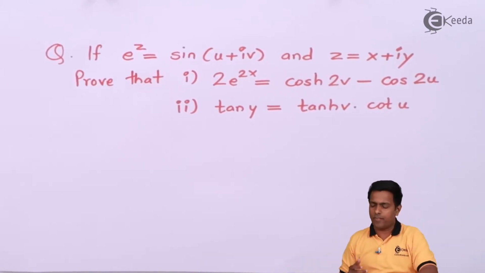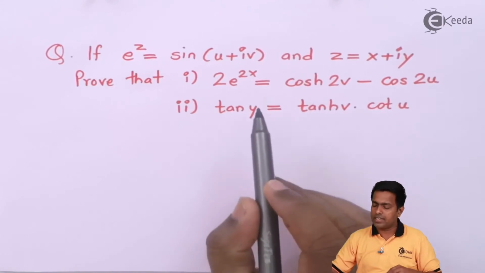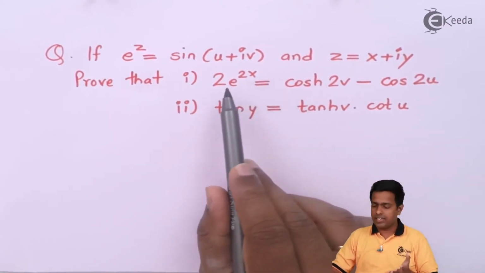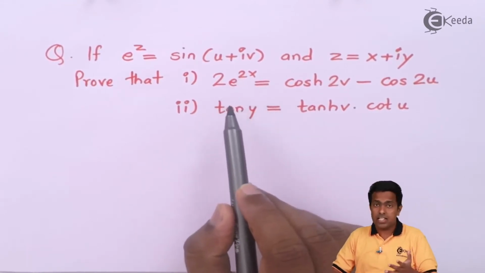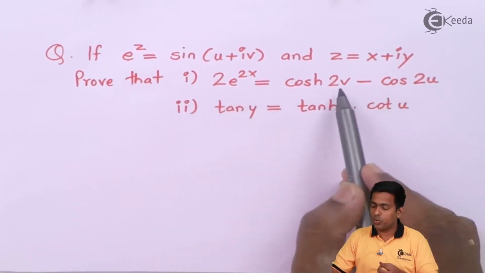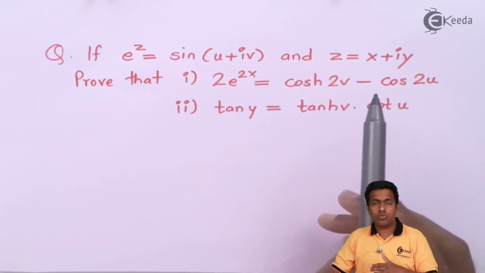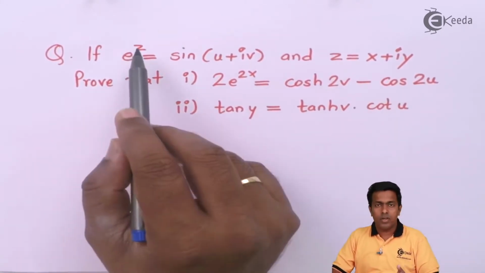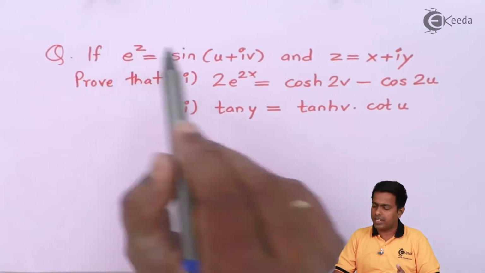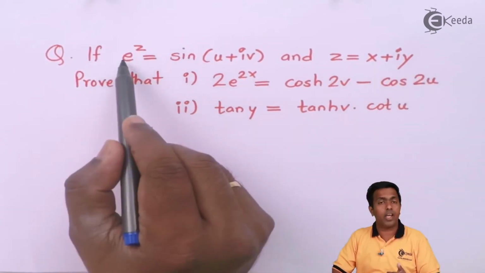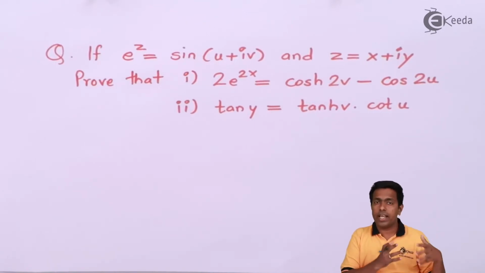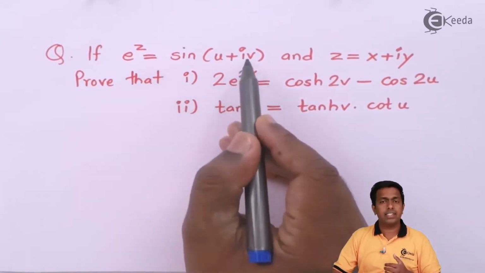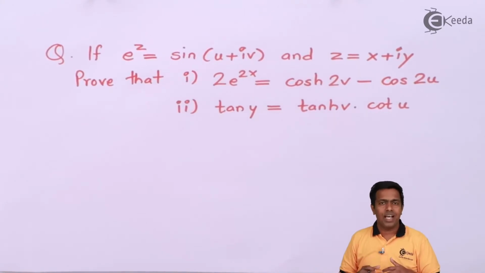So guys, if you observe the two results, before starting the solution we should always observe what is being asked. On the left hand side there are variables like x and y, whereas on the right hand side we have variables like u and v. Now let's observe the given term. In the given term we have e to the power z, and z is x plus iy. It means on the left hand side we have e to the power x plus iy, so we have all x and y terms, and on the right hand side we have u and v terms. And the same thing is being asked in the question.